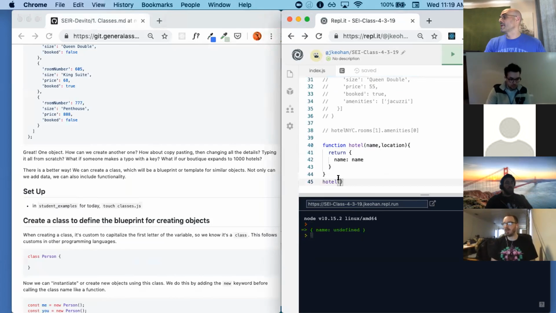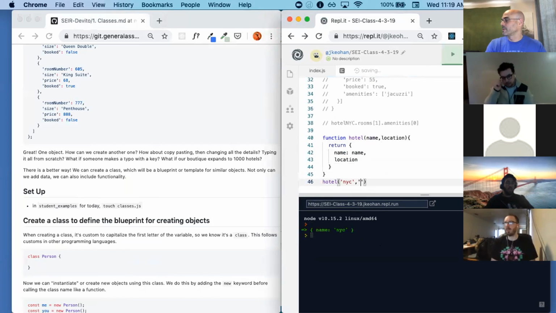So if I said, hey, let me give it a name, NYC, it should produce an object called NYC. If I said, hey, I want to have a location. Actually, this should work. I think this might actually work here too. I'm going to say, big NYC. Let's see if this works. This is